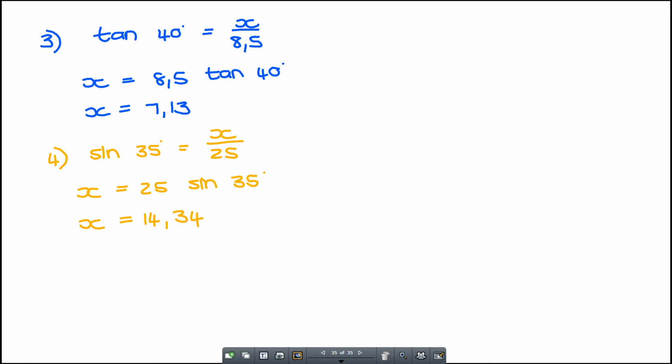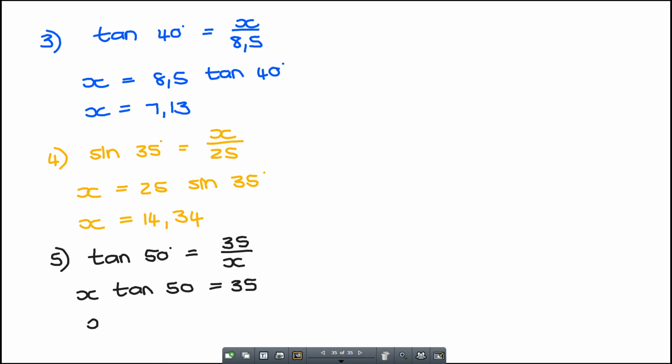Okay, number 5. If I work from 50, I've got the opposite side and the adjacent side, which means that I'm going to use tan. So tan 50 will be opposite is 35 over adjacent, which is x. Okay, now I get rid of the bottom part, so x times tan 50 would then give me 35. I want x alone, so I must get rid of that tan 50. So 35 divided by tan 50, which means that